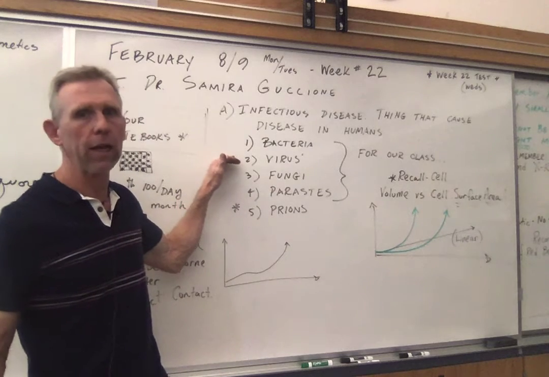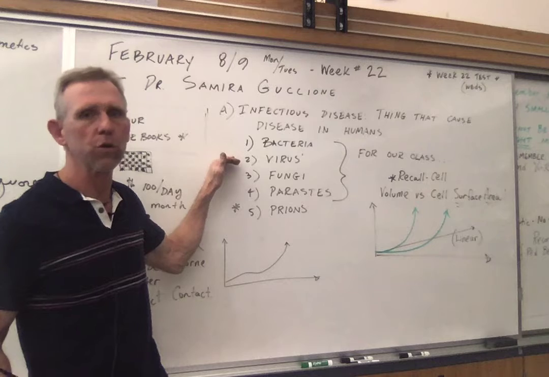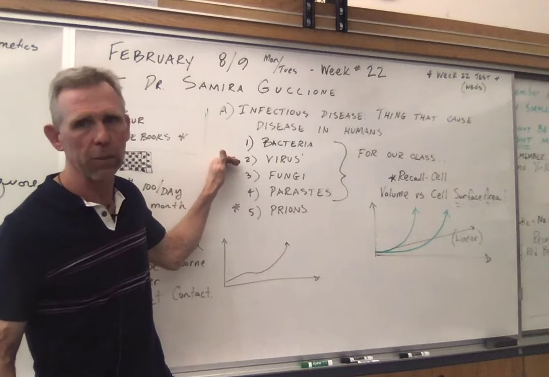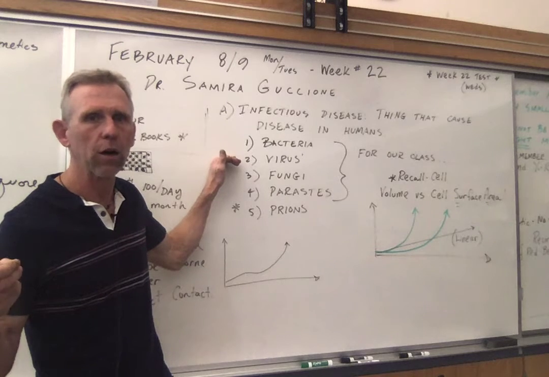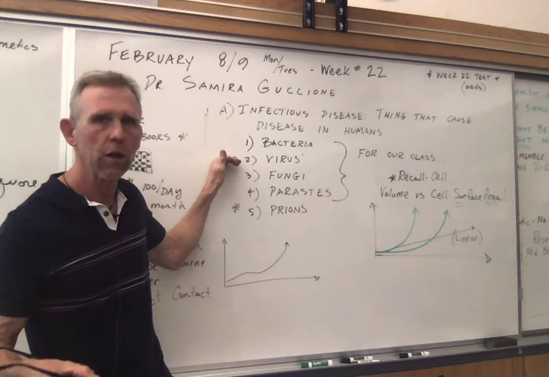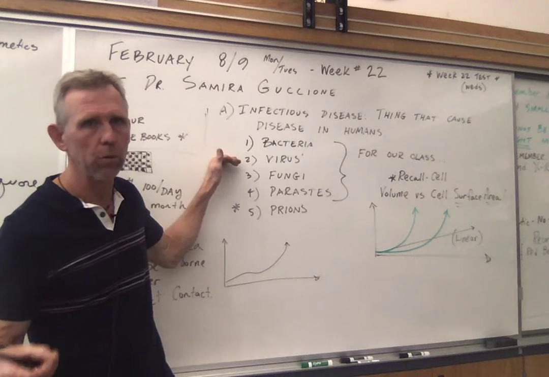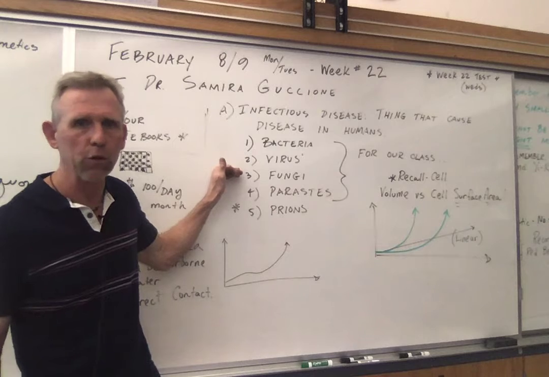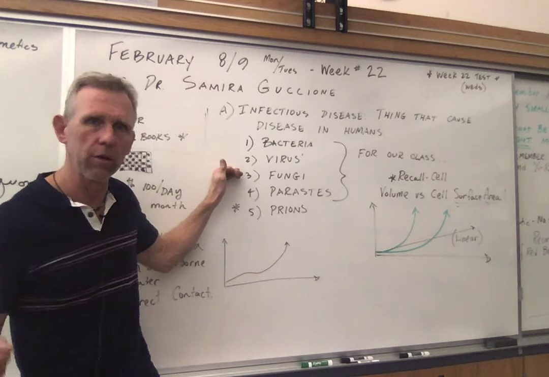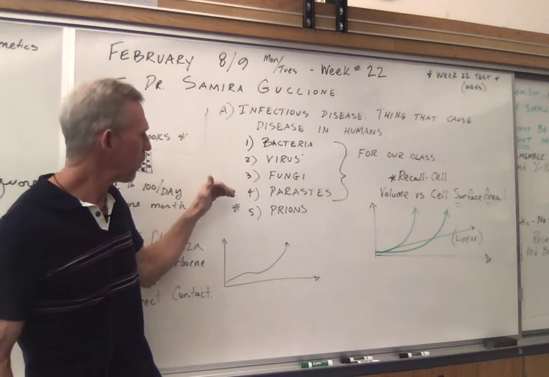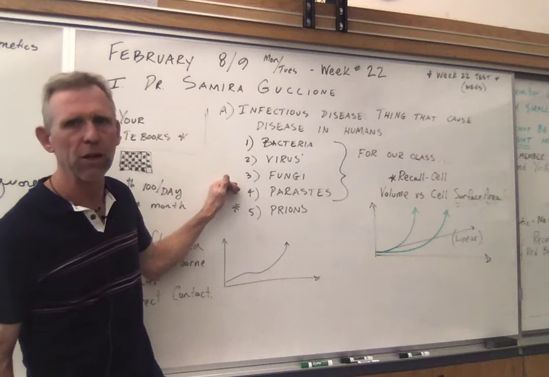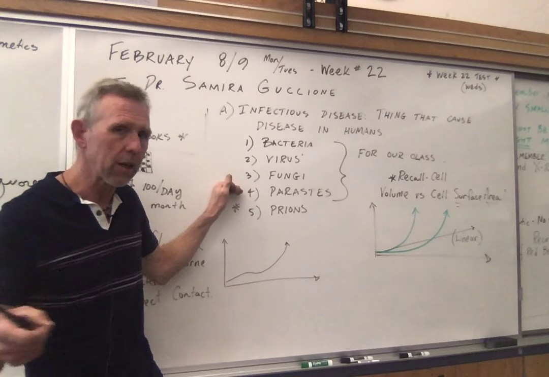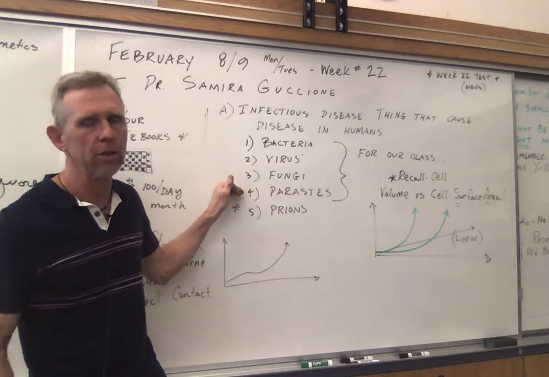Viruses, of course, and what this class really focused on today was COVID-19, coronavirus, and some of the variants that are coming out right now, the mutations that are allowing some strains of the coronavirus to actually infect people more efficiently, if you will. Fungi, everything from things like athlete's foot to thrush to other diseases that are caused by fungus. Parasites, some of the nastier things out there. One-celled organisms usually that take up residence inside your body that can cause some really nasty diseases.